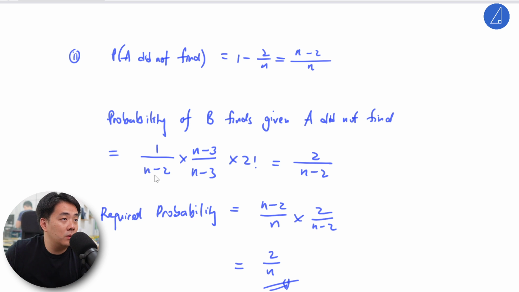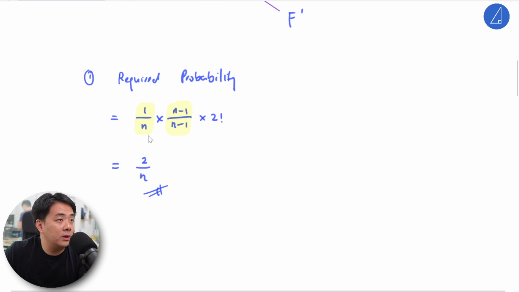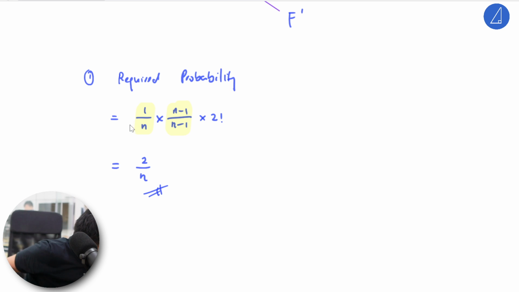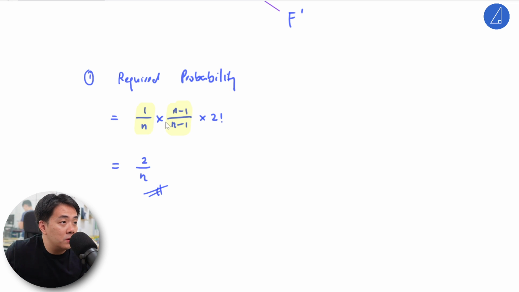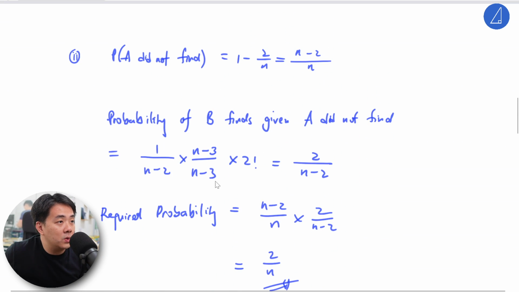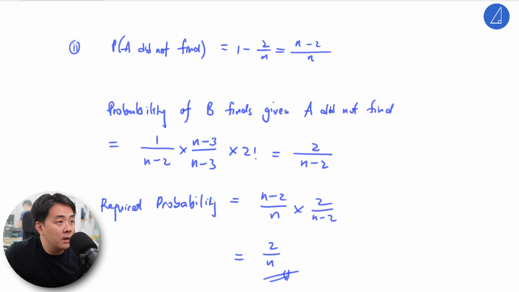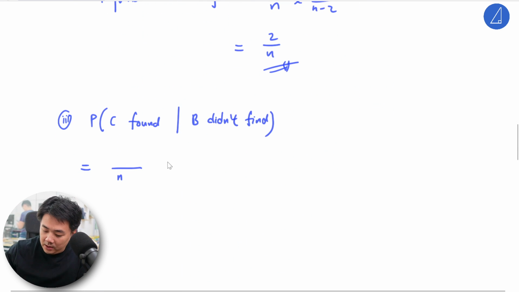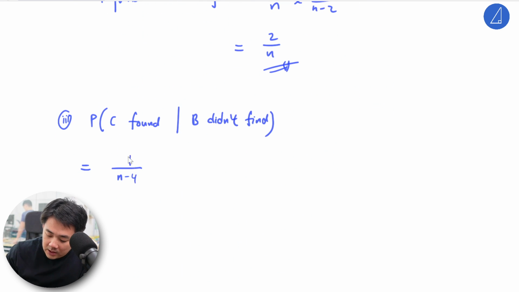Part C, because for part A you start with n cards, n boxes. Then n minus 2, n minus 1 times 2 factorial. So for part B, you have n minus 2 to n minus 3 times 2 factorial here. So for C, you expect it to be n minus 4. n minus 4. So this can be the prize,